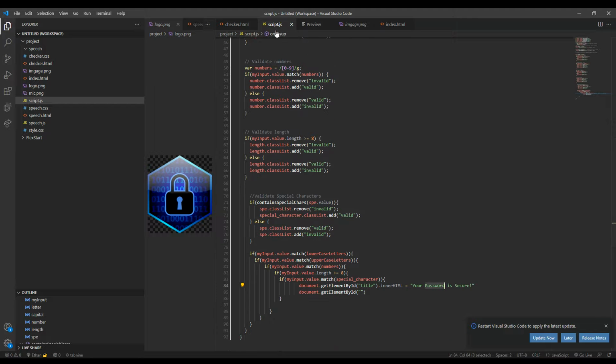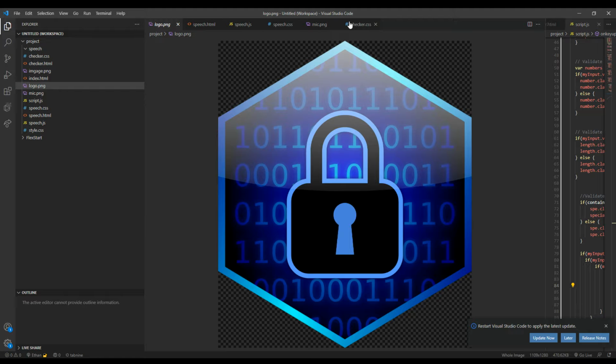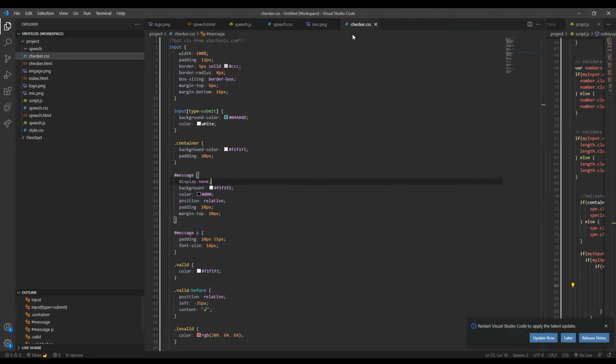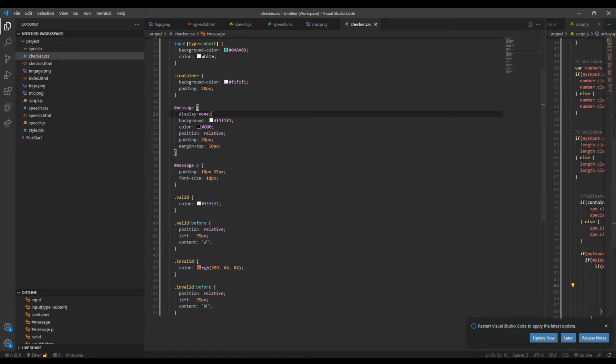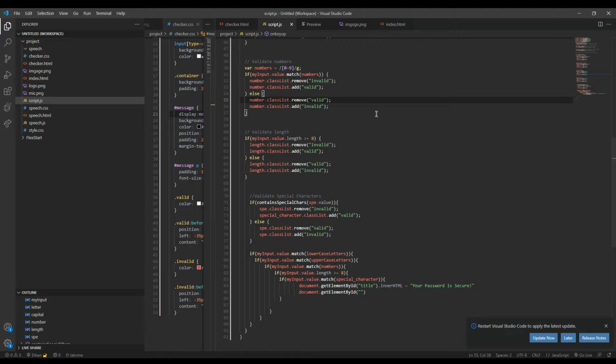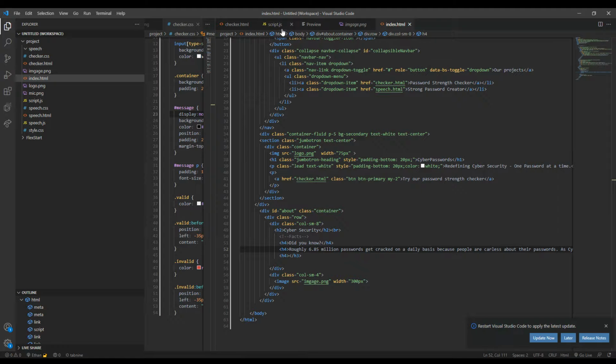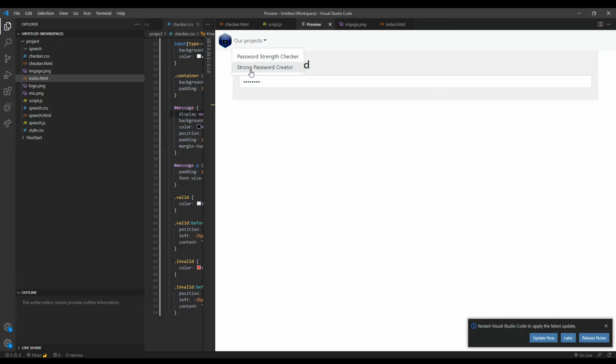And there's also a CSS file for that checker, which is just the input and the container, which helps the box disappear and appear. So those are the first 2 pages, and then next you can see there's a strong password creator, which uses